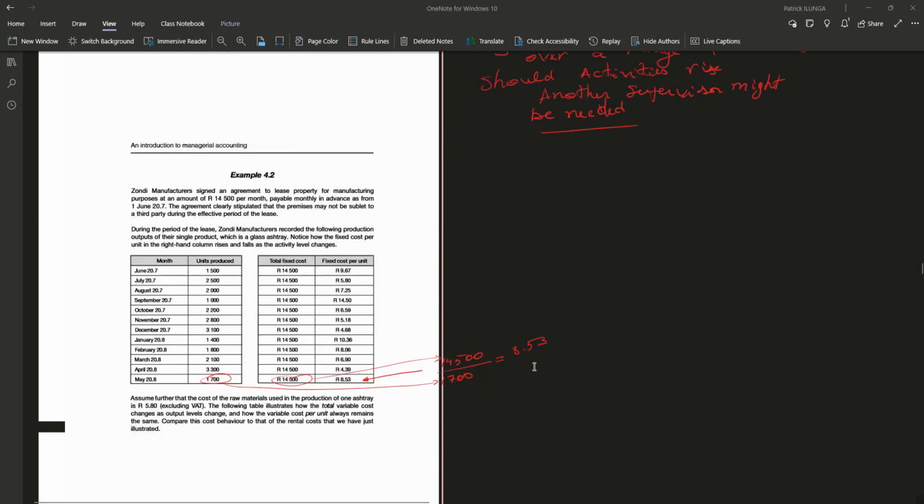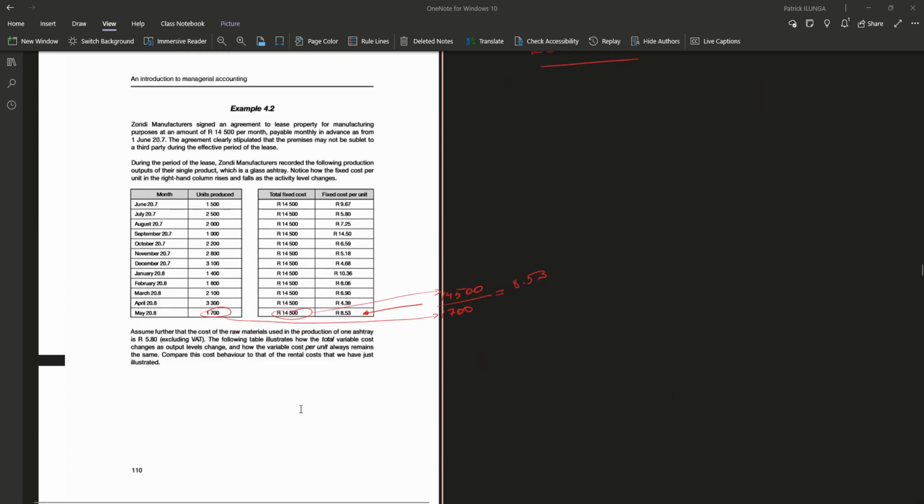Quickly coming back to what we were talking about, variable and fixed costs, this example 4.2 is very important. So dwell on example 4.2 to understand how the total fixed cost is reacting. As you can see, the total fixed cost is constant, but the unit cost, the fixed cost per unit, fluctuates in relation to the units produced, right? So very, very important. The more you're producing, the more you are reducing